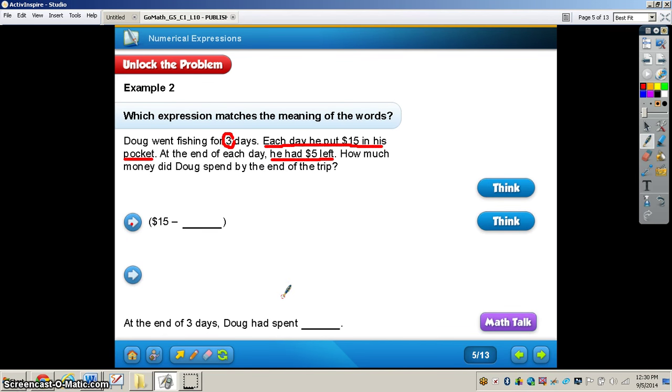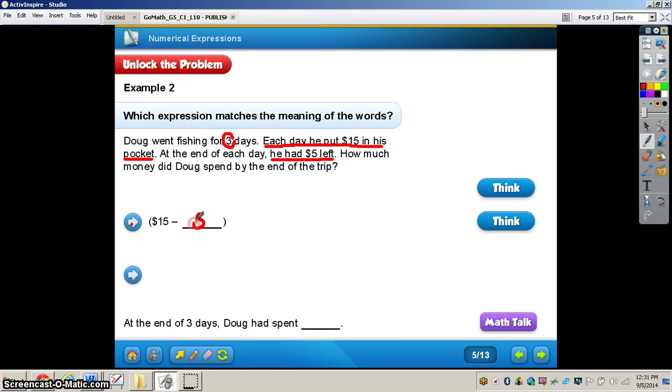And you can see it on page 44. It says, think each day he took $15 and had $5 left. He did this for 3 days. Okay, so we need to think about what expression can you write to show how much money Doug spends in 1 day. All right, so what we can do is we can take $15